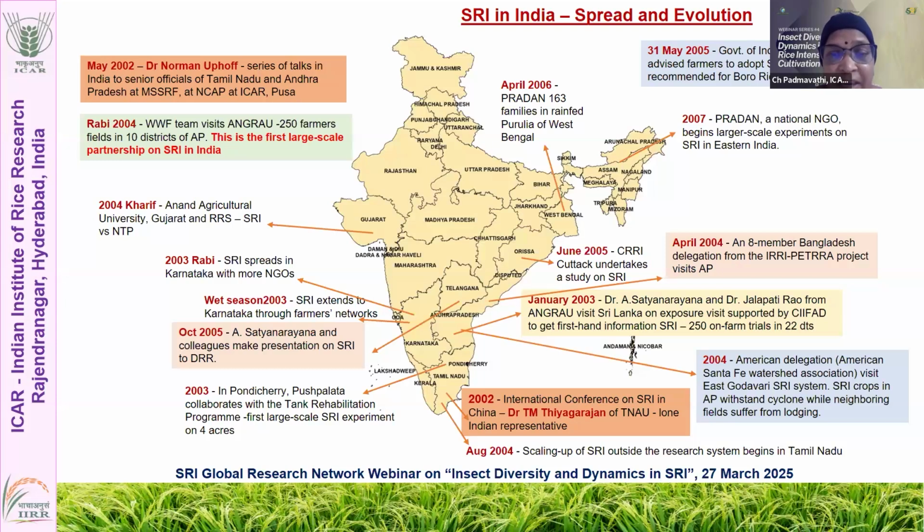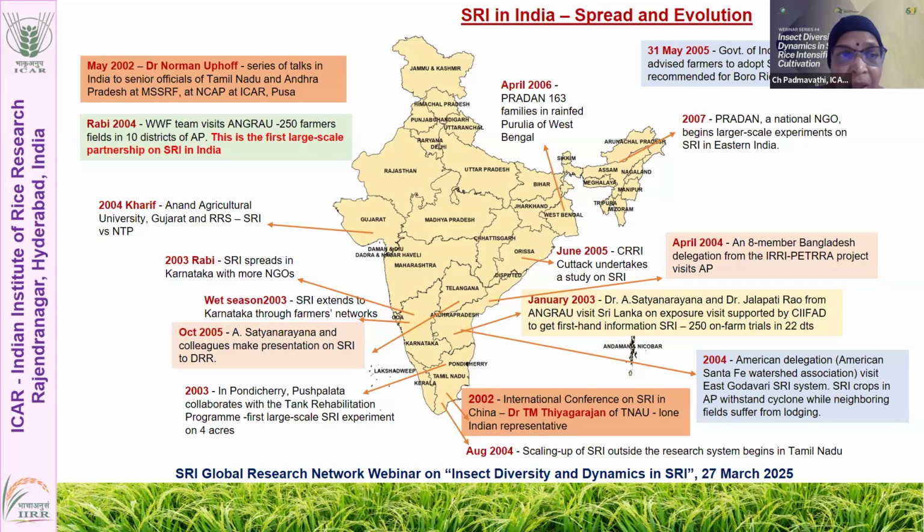Now coming to the SRA introduction in India and also its spread. It was in 2002 when Dr. T.M. Thiyagarajan of Tamil Nadu Agriculture University attended an international conference on SRA in China that we came to know about this SRA. He started experiments in Tamil Nadu Agriculture University with